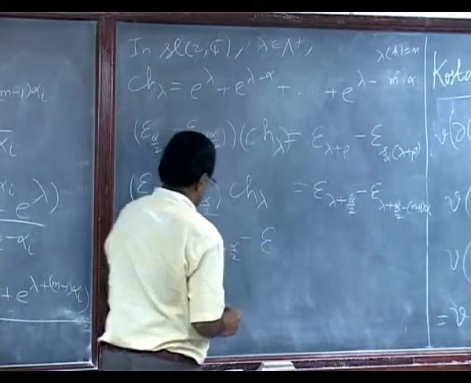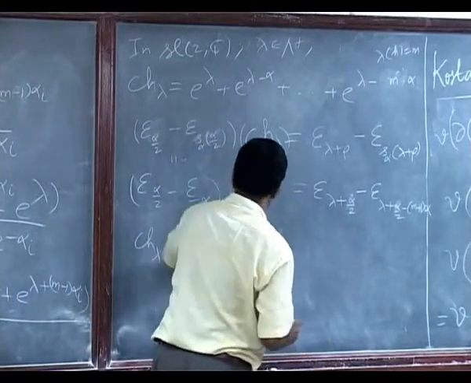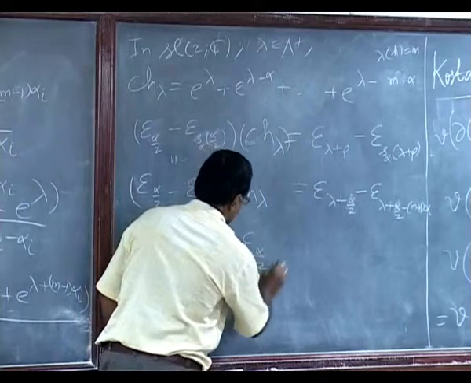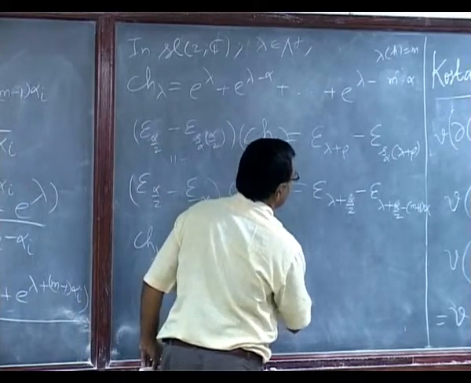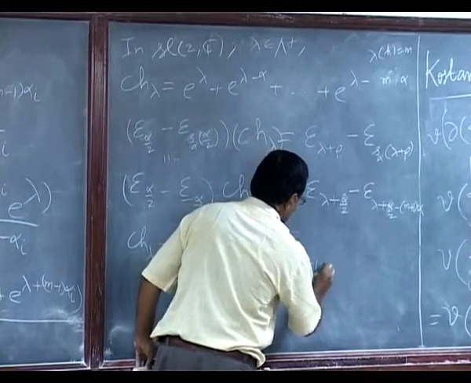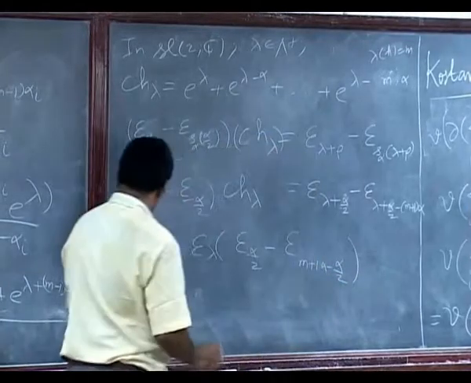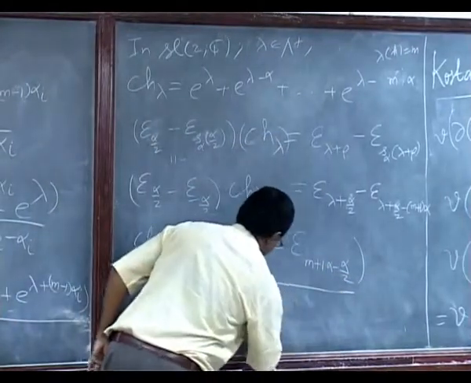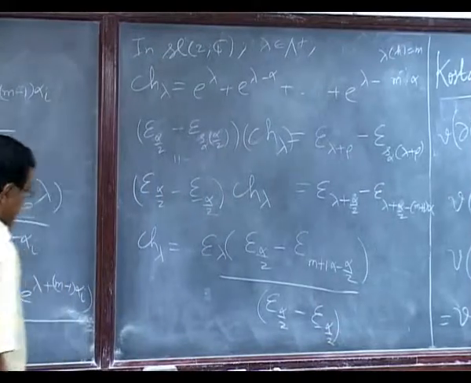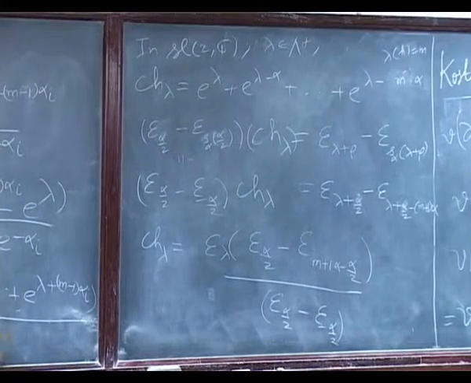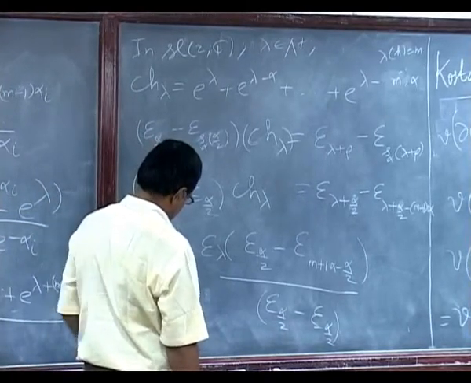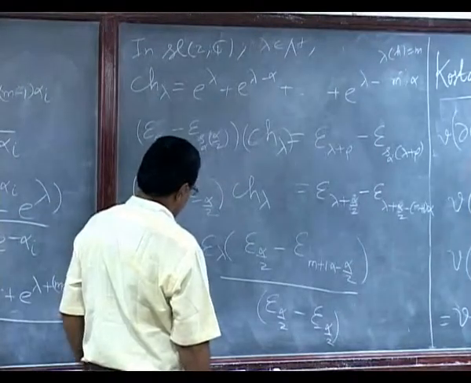So this we can, epsilon lambda we can take it outside, epsilon alpha by 2 minus epsilon m plus 1 alpha minus alpha by 2, divided by, this way, and okay, this you could